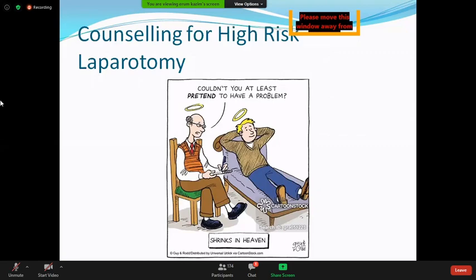Now we are moving towards the next section of our tutorial, that is the counseling for the viva plateau. As all of you are familiar, before taking the patient to the operation theater, you have to counsel the patient and his or her attendants regarding the patient's condition, and you have to explain the procedures which you are going to offer, the benefits of those procedures, and the complications and the risks associated with them.